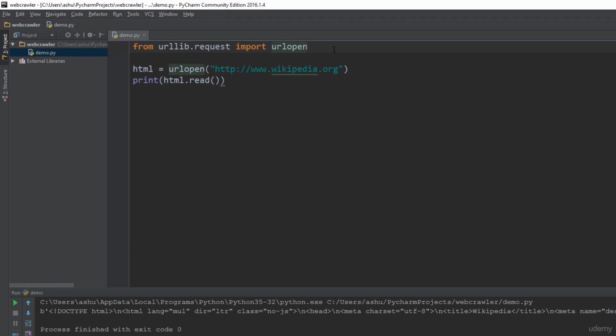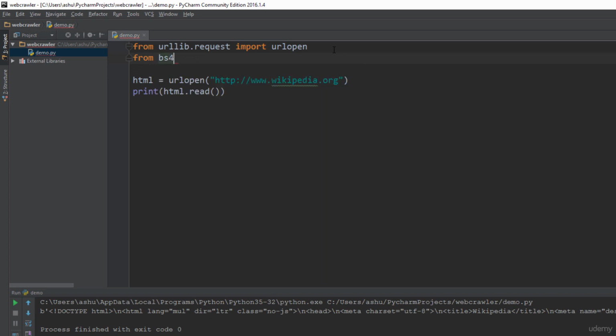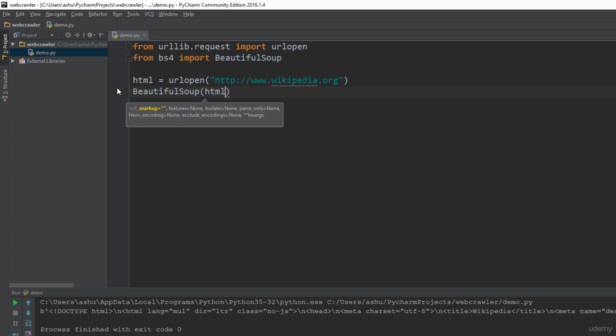So here you need to import Beautiful Soup. You simply type from bs4 import BeautifulSoup. bs4 is the package for Beautiful Soup 4, and that is going to import Beautiful Soup for you so that you can use it to parse HTML. We are going to keep this line as it is, but we are going to delete this. Here we obviously need to use Beautiful Soup, and to it we pass in html.read, which we passed to the print function previously. So we type html.read,